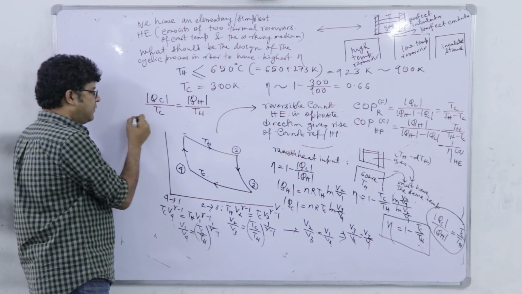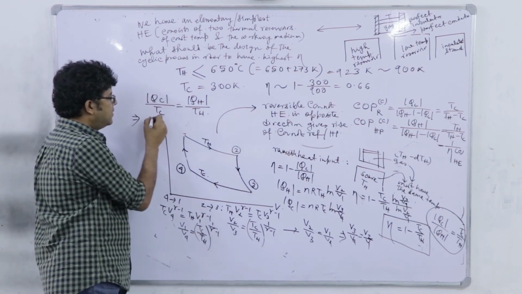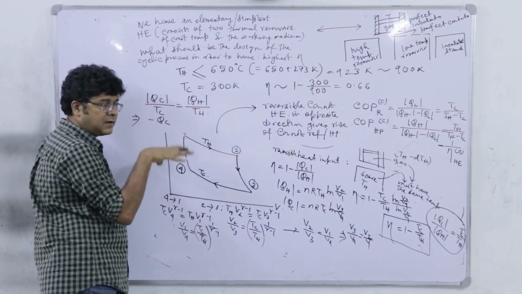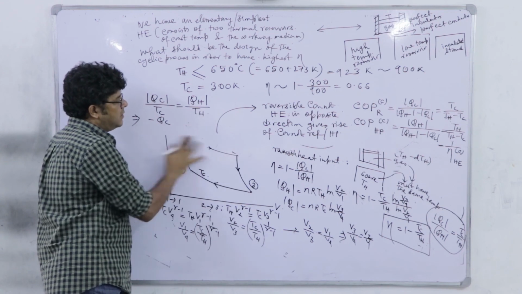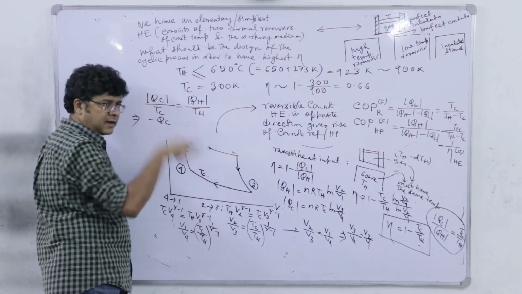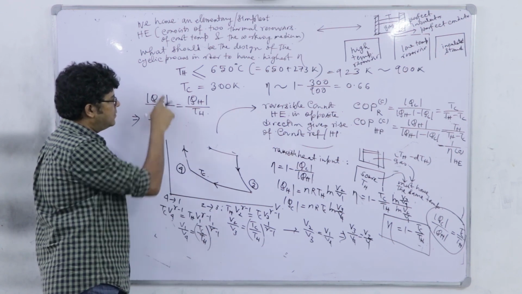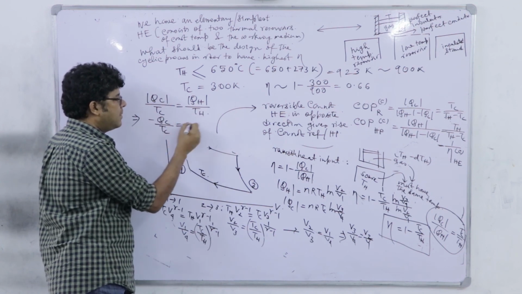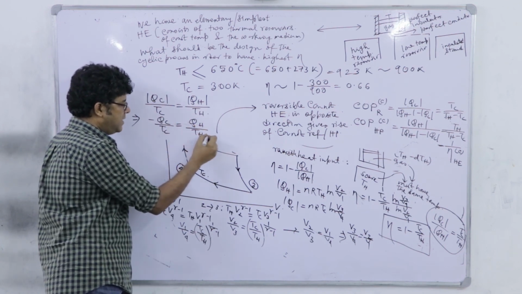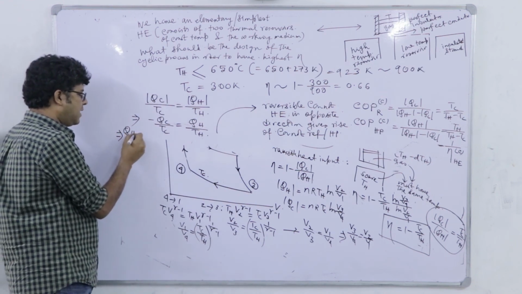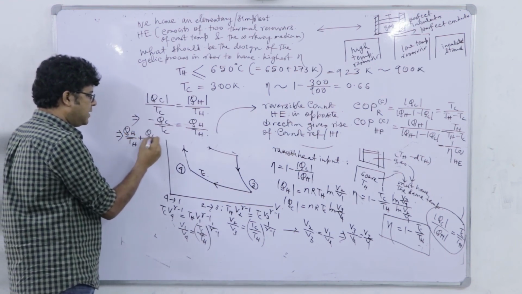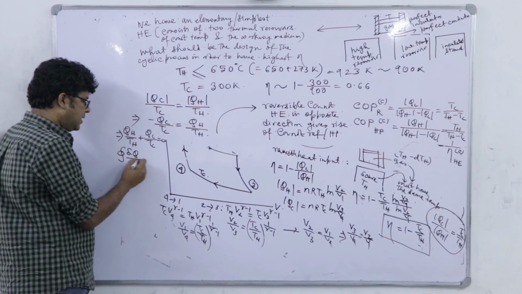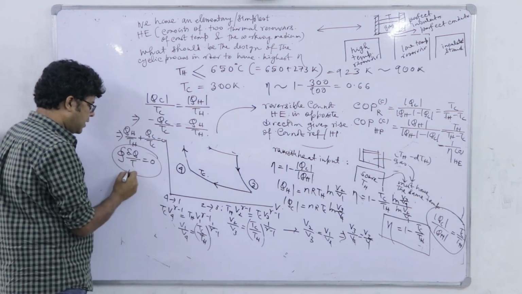Now, from the perspective of the heat engine, we have to write mod QC as minus QC, because QC and QH are defined with respect to the working medium. QC is actually heat rejection, so it is negative, so minus QC is positive, matching mod QC divided by TC, and it is the same for the heat input, QH divided by TH. So we can write QH divided by TH plus QC divided by TC is equal to 0. These are the two heat interaction terms. So, the cyclic integral of del Q divided by T equals 0 for a Carnot cycle.